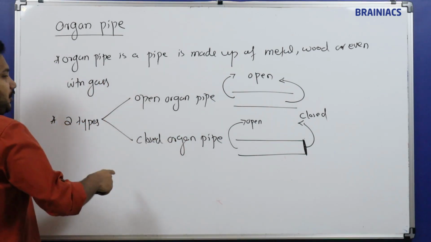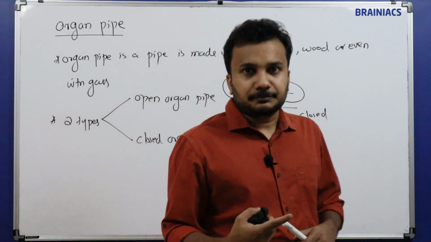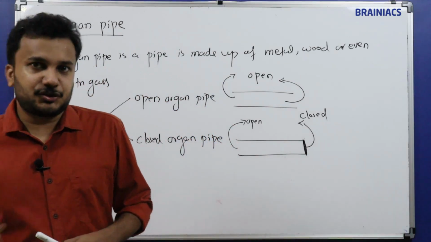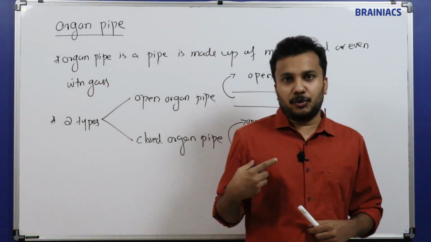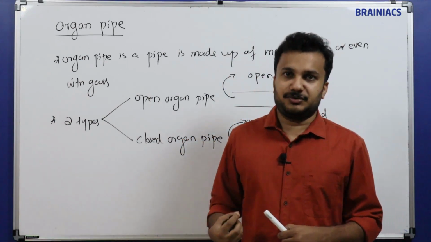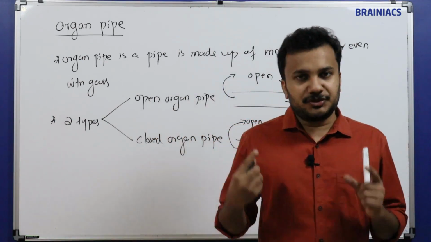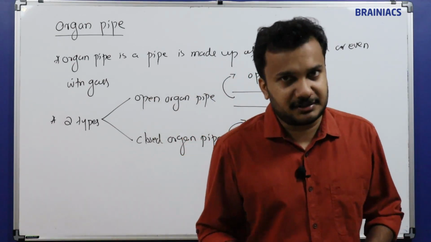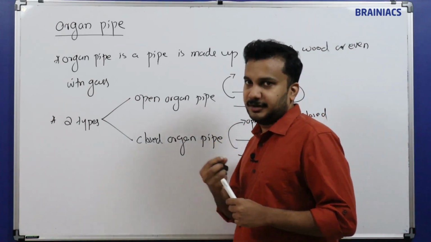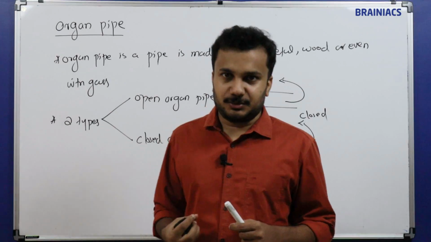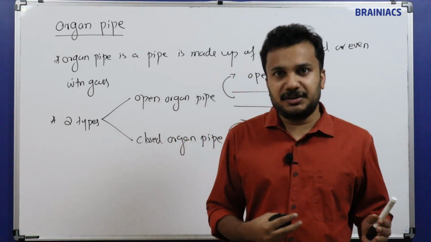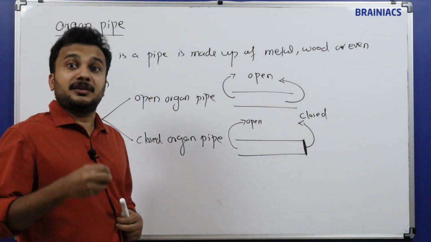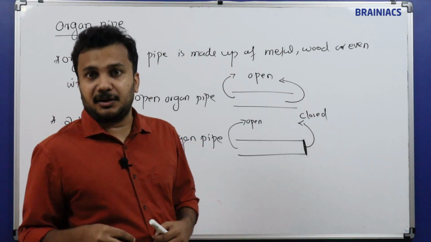So let's describe how the wave formations occur in an organ pipe. Those who study musical instruments know the term note, first note, second note. The term connected with the organ pipe is called note or harmonics. We already know what harmonics are. We have already seen harmonics for strings, 1:2:3, in the previous lectures. Now we are going to see the harmonics over an open organ pipe and a closed organ pipe.